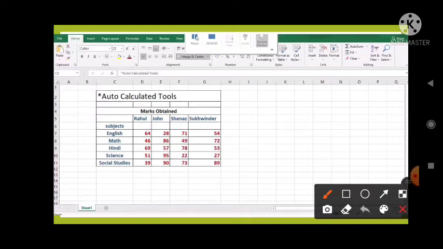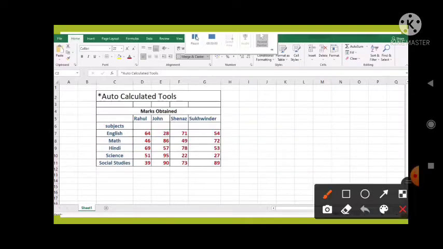You must understand the manner in which Excel uses auto calculate tools for getting correct results. Okay, so when you select the auto calculate tool, Excel first checks to see if there are any values above the current value or not. So here you can see the different subjects are listed below, and we are mentioning here the marks of different subjects of 4 students.